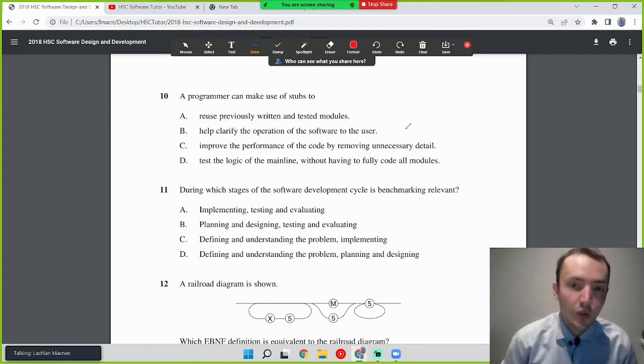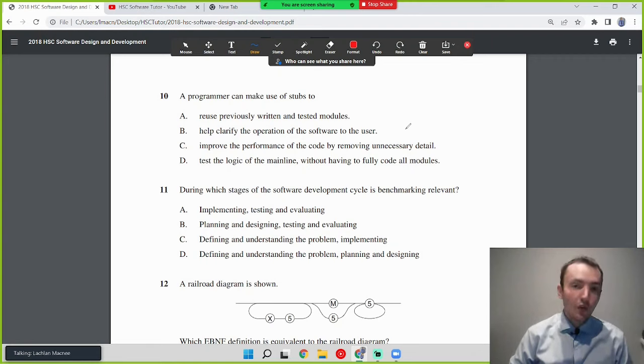Hey guys, so we're going to do questions 10 to 20 in the Software Design and Development Exam 2018. So let's get into it. So question 10 is, a programmer can make use of stubs to